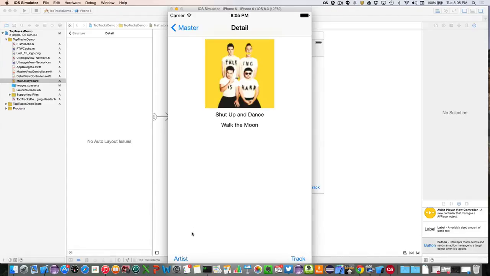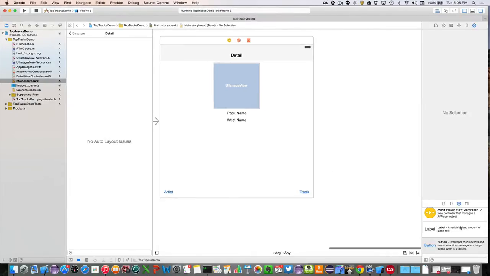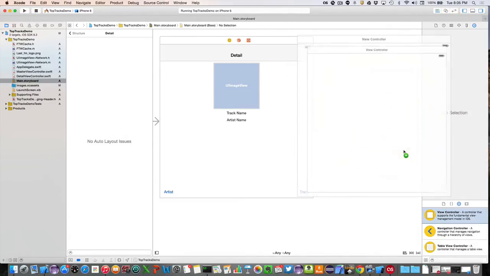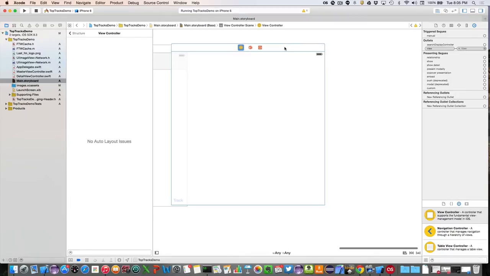Now, the last thing I want to do is hook up these buttons so that when you click them, they will vector off to the mobile web content of those particular items. So if it's artist, it'll load a web view in another view controller of the artist mobile web formatted page, and vice versa for track. So I need to go into my storyboard and add another view controller to do this. So we'll go in here and add this,